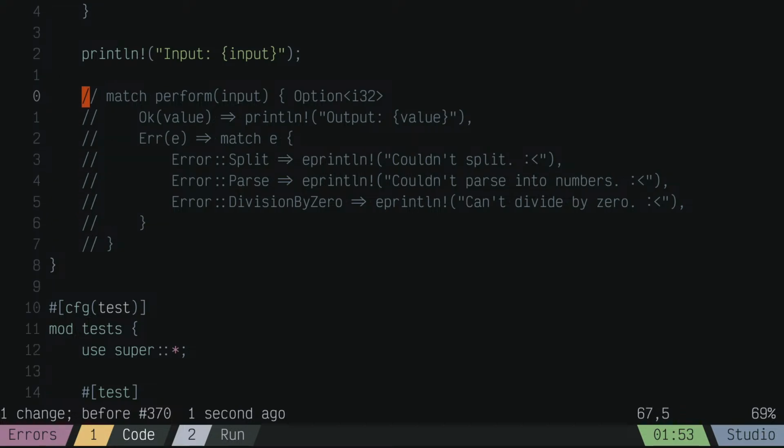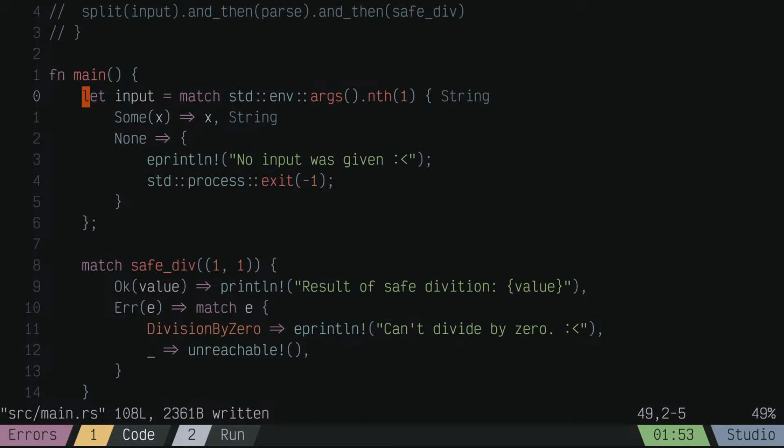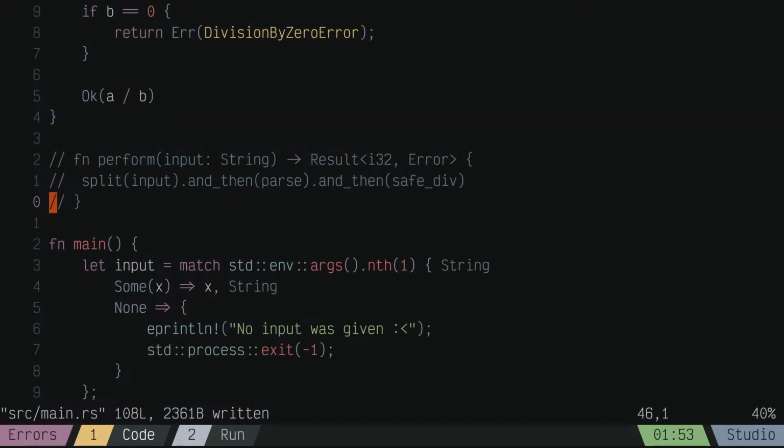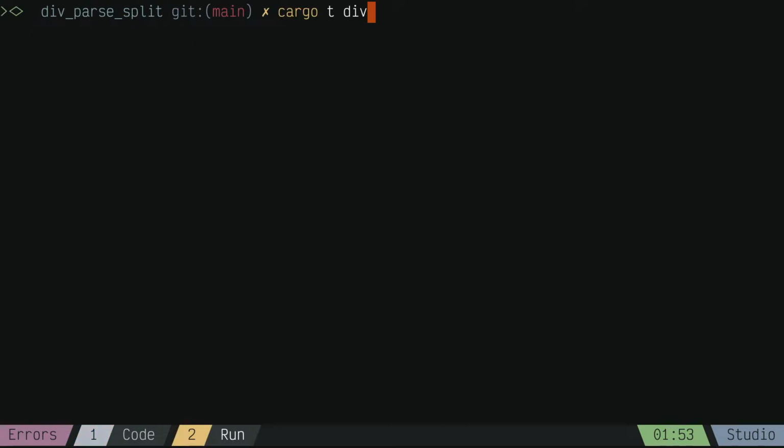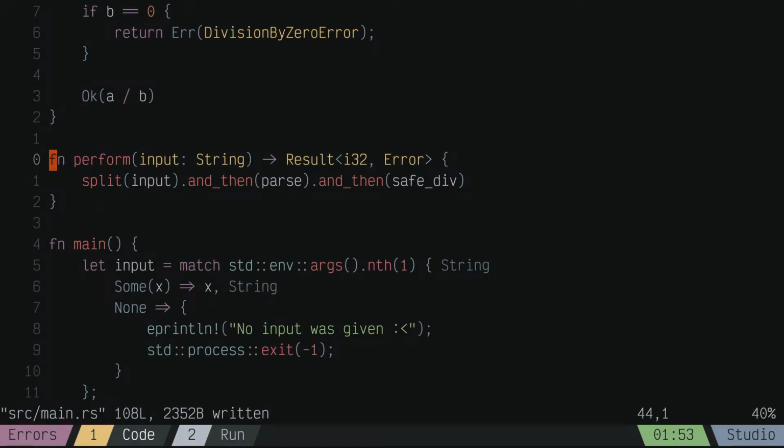Okay. All right, and then perform. Okay. All right, so we arrive at this error where it says that expected enum error found split error. And that's because